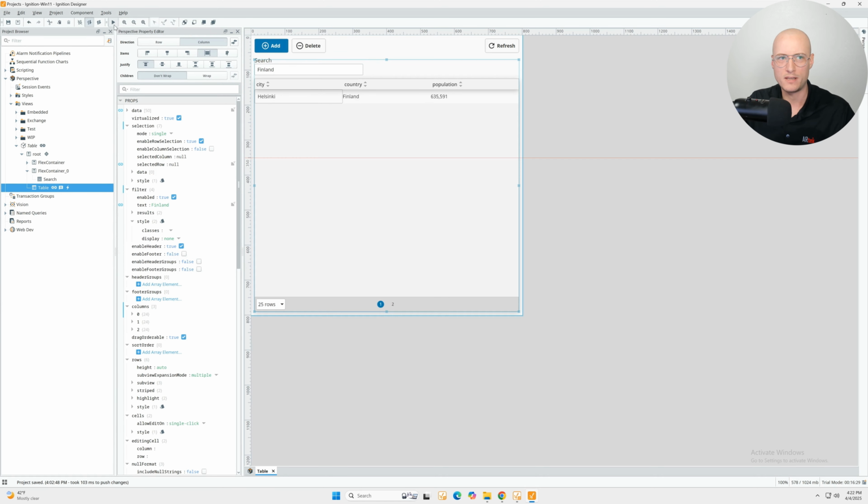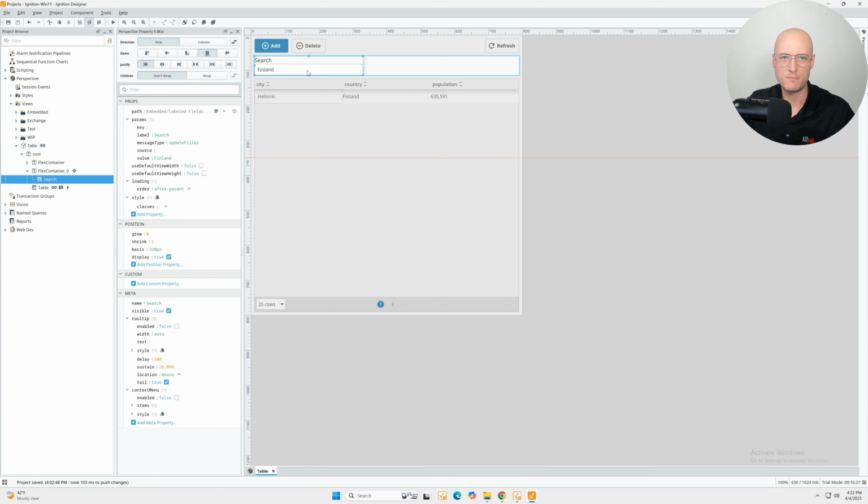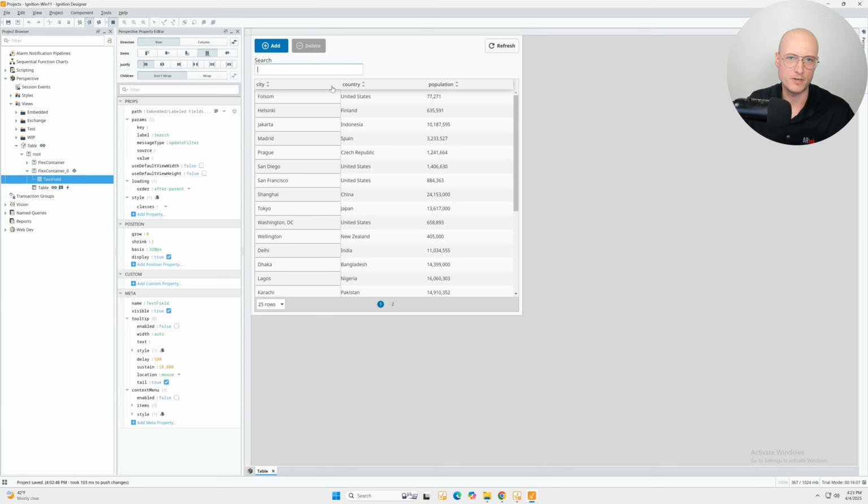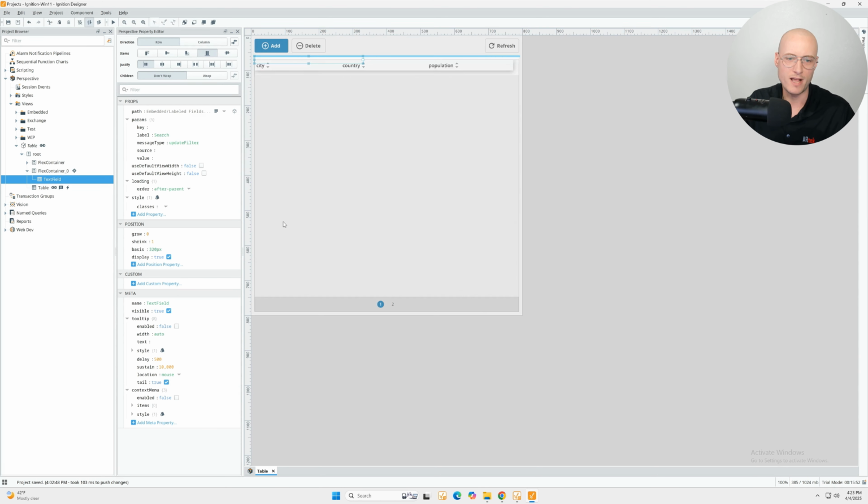The problem is that if I change something about that path that we were just looking at, if I rename this component, for example, I can name it text field. Well, right now, since I just renamed it, something interesting can happen. I'm not sure if there's just something with this version of Ignition that I'm using, but the search is continuing to work, right? So it looks like changing the name of this component didn't break the logic, but in reality it did,